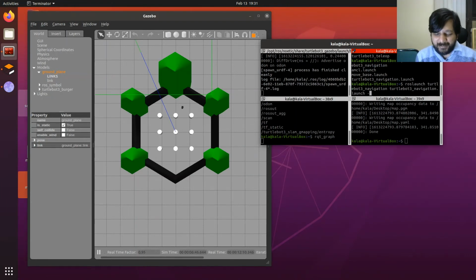Now I need to tell the robot which map file to use so that the robot has the map in its mind. So it invokes the map server, otherwise the map server is gone. It invokes the map server and calls the same map file. So I say map file is